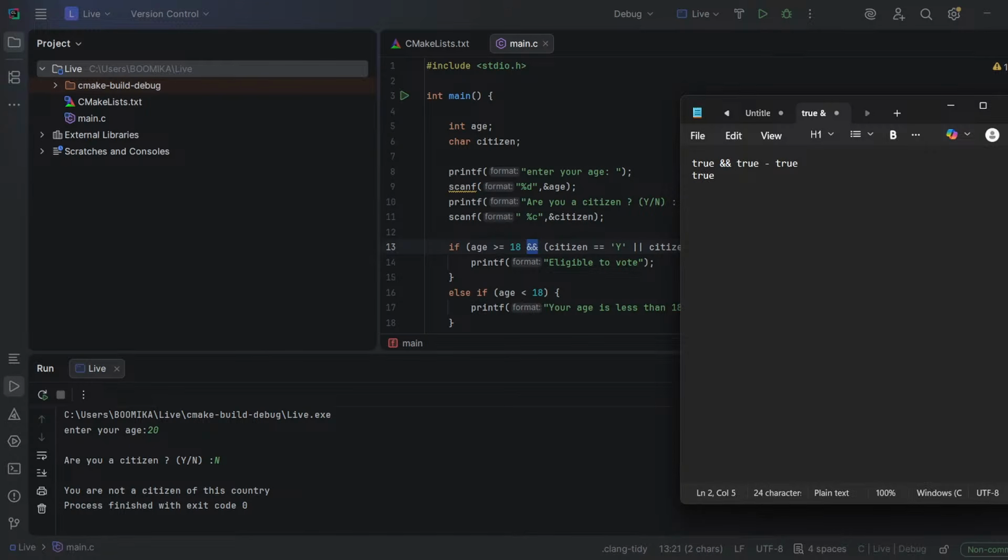For example, true and false is false. False and true is also false. False and false also false. Here you can see that if both conditions are true, then only it is true, or else all of them are false. But for the OR operator,